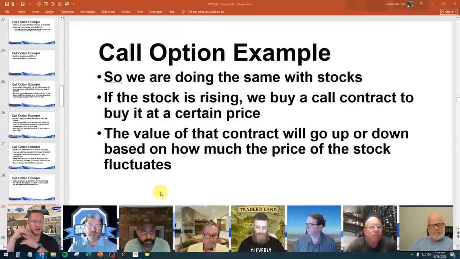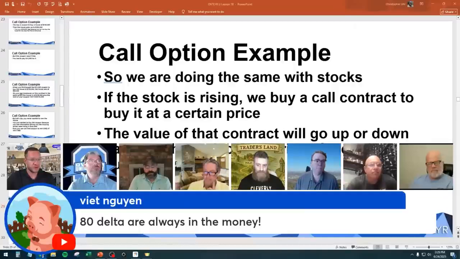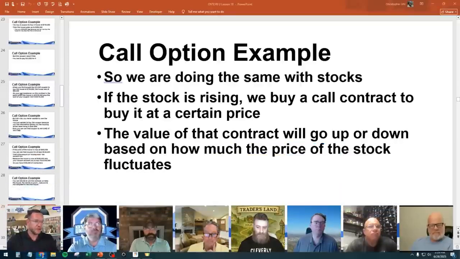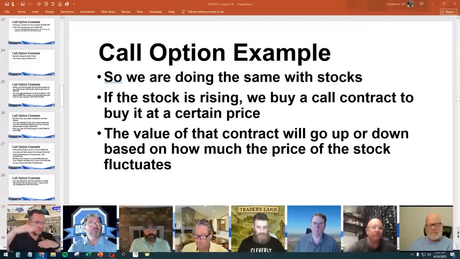But if you've got like 2 weeks from now, you may not have to go that deep to get the same amount of moneyness. But I usually, and it's really easy on a broker's platform because it's really always at the 80 delta for me. But 75 to 80 delta, and we'll explain that more in just a little bit. That's where I consider deep in the money. There's out of the money, where it has no moneyness whatsoever, at the money, and in the money, right? And so the deep is somewhat relative. Good question, though.